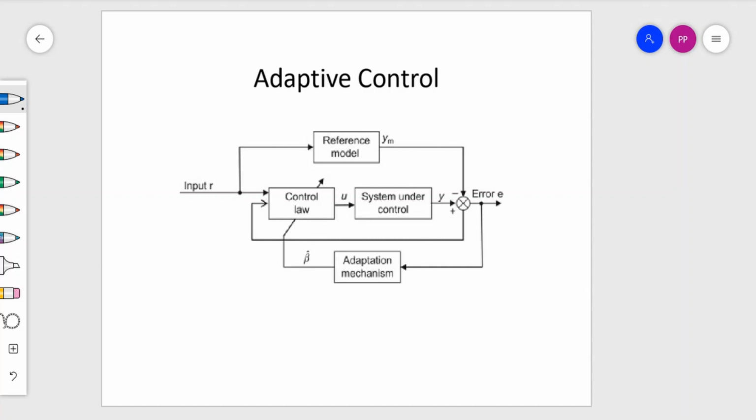So I will define a reference model equal to A divided by s plus B, and the actual plant may be more complicated than this, but the two outputs are compared and the error signal is sent back for modification of the control law, so that the system's behavior should be as if it is A divided by s plus B and not the actual system under control. In that way, we can very well obtain the desired output of the system. So this adaptive control mechanism is very well applied in the field and is most popular these days.